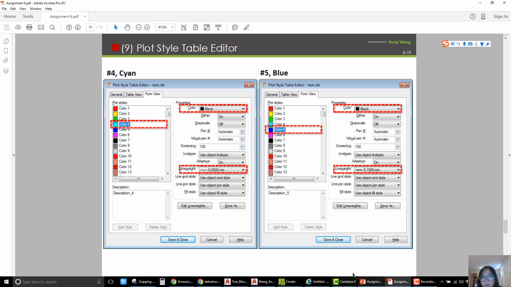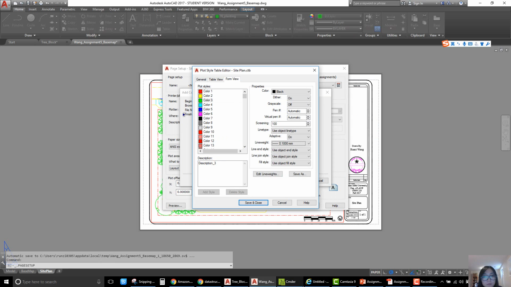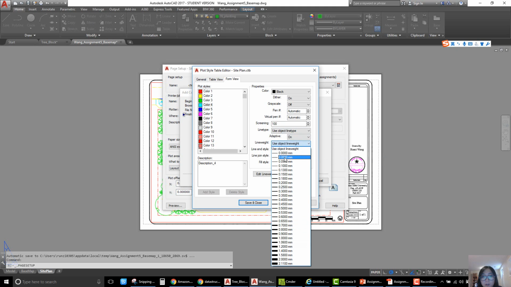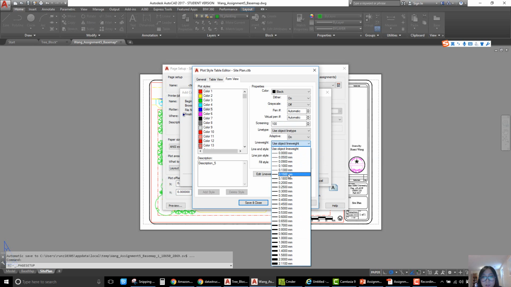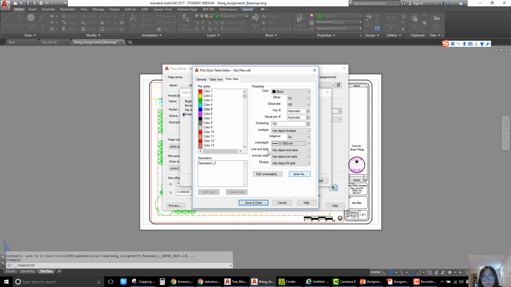So go back. So the cyan color is a paving pattern. It's the thinnest color. I will give 0.05, and the blue line, so we should give 0.15,